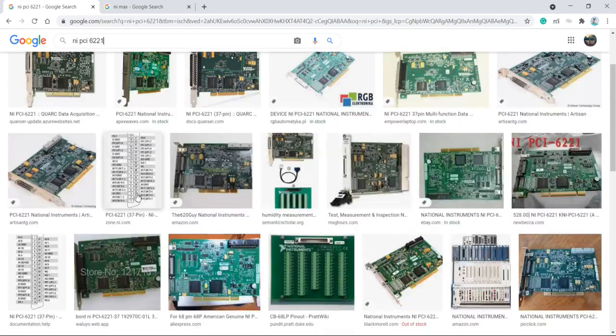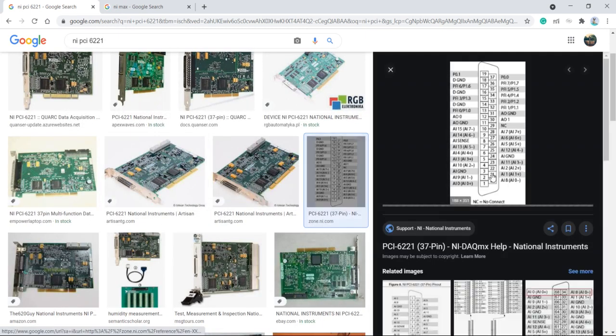This NI PCI card has a 37-pin connector. You can acquire 16 channel analog input in NI PCI-6221. Using this, you can acquire 16 channel analog input, which means you can take data from 16 different sensors, or 16 sensors of the same kind.